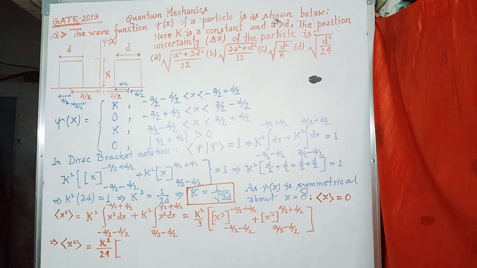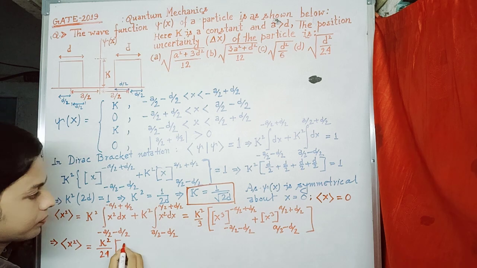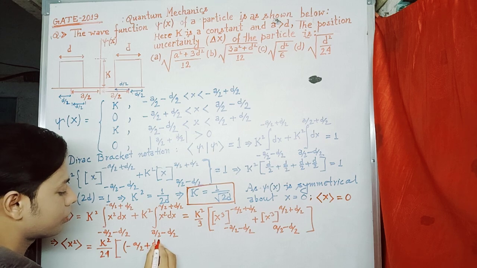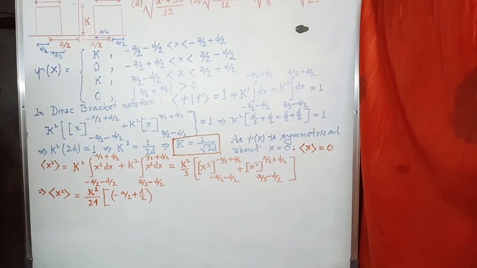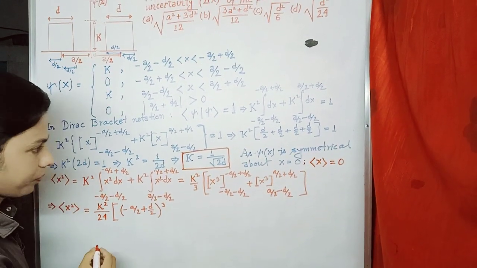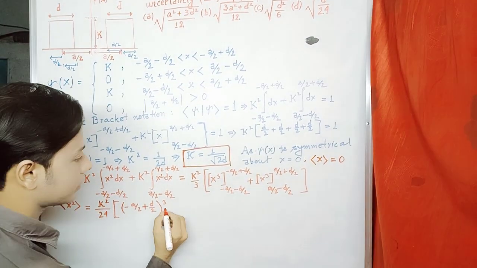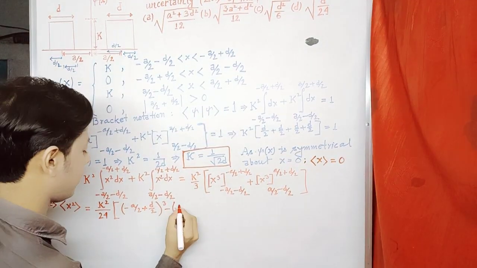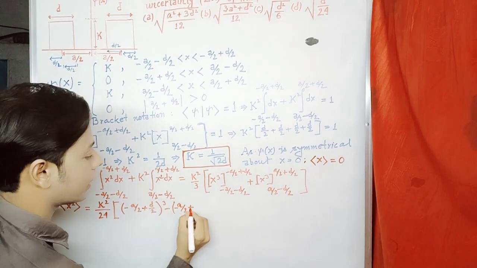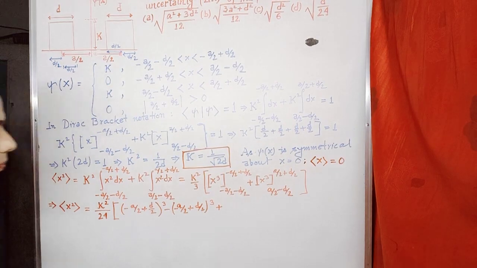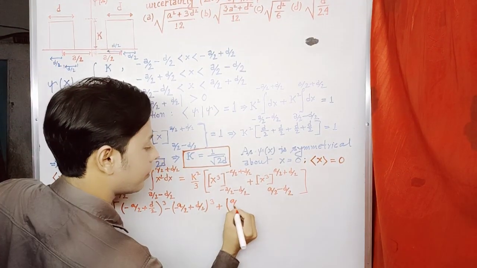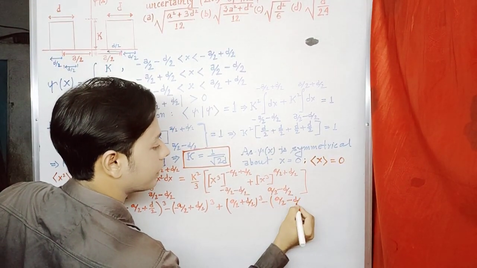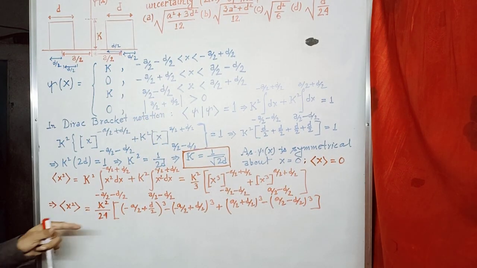And again there will be the value of minus a divided by 2 plus d divided by 2 whole cube, minus, and there will be plus minus a divided by 2 plus d divided by 2 whole cube, plus a divided by 2 plus d divided by 2 whole cube, minus a divided by 2 minus d divided by 2 whole cube. So if we calculate this value,